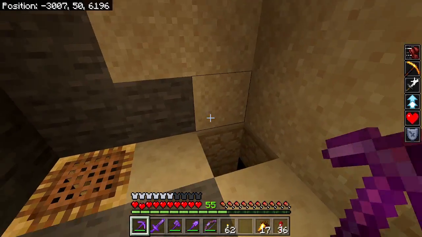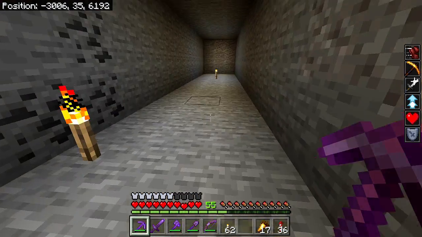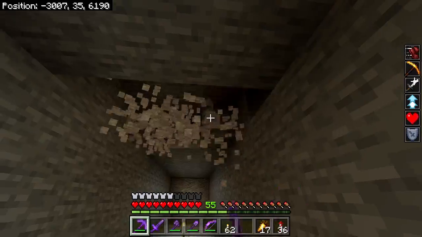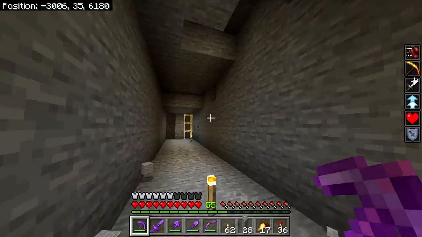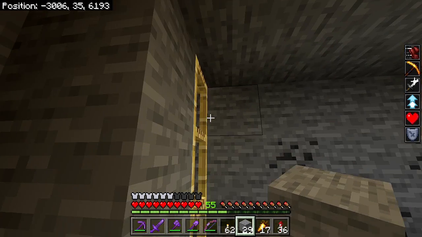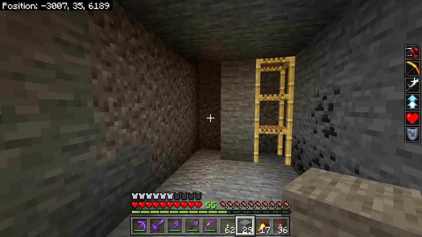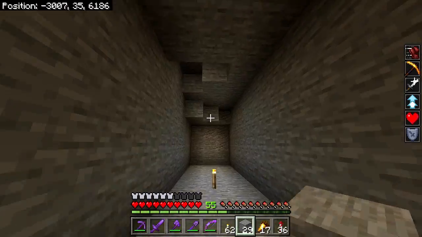Alright guys, we've got 2 holes down here which go all the way down where I want them to go. They go to Y35. So this is the area right over here where I want to build my concrete converter. I've got the 2 holes where I want the water elevators, and I can hear some slime and skeletons around here somewhere. Anyway, so this is where I want the water elevators, and over here I do have to dig